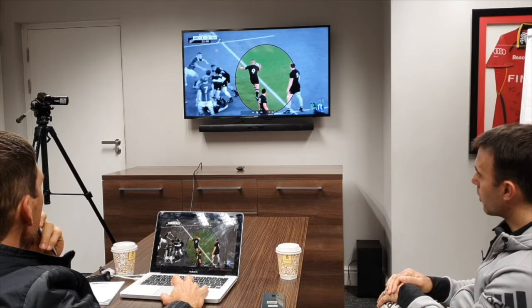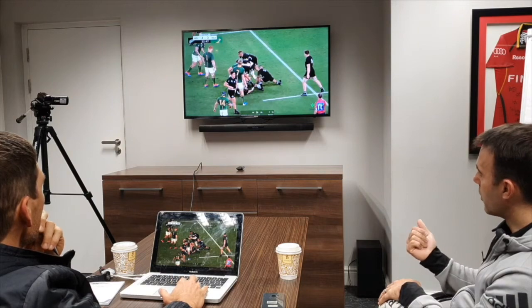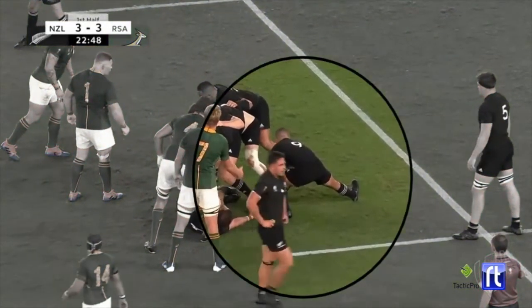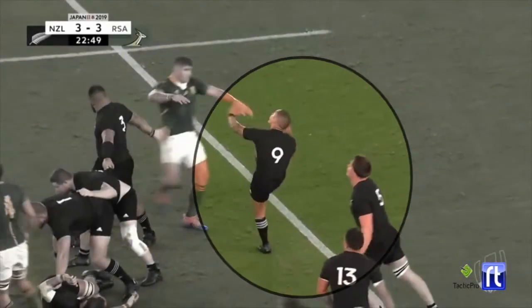If we talk about his right foot, if you go back a little bit, it's almost his pivot foot. So you don't want to be stepping with that right foot and then stepping in, because it slows the whole process down. So if you can see his right foot there that's pointed up, he almost wants to pivot on that foot without moving it too much. Otherwise it slows the whole process down. So taking an extra step will just allow Marks. Absolutely, it's just that extra split second, and it's something that 9s have got to be aware of,